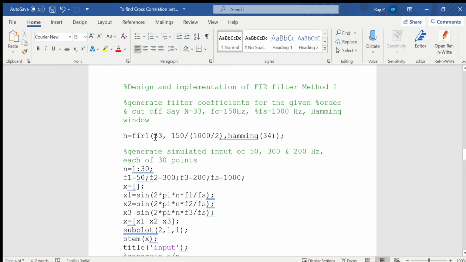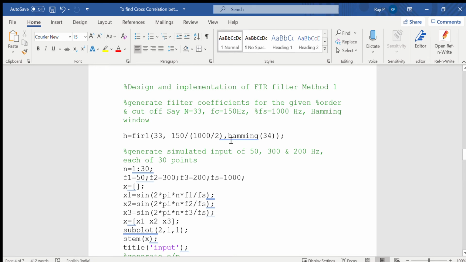FIR1 arguments are order n, then the frequency. Here, as we have to convert the frequency into normalized form, the general formula is the given Fc divided by Fs by 2, which is 2 into Fc by Fs, where the 2 has been taken to the denominator.